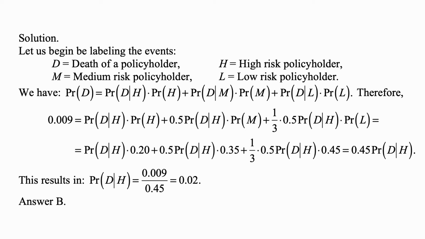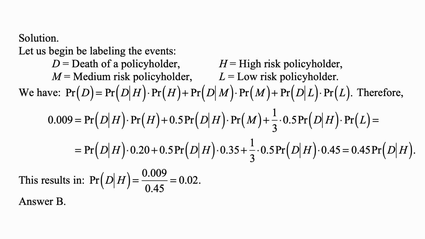We are given in the problem that probability of D is equal to probability of D given H times probability of H. Well, we're given this by the fact that H, M, and L form a partition of the probability space, so I probably should phrase it this way. Because H, L, and M form a partition of the probability space, probability of D is equal to probability of D given H times probability of H, plus probability of D given M times probability of M, plus probability of D given L times probability of L. Okay, but probability of D is given as 0.009,